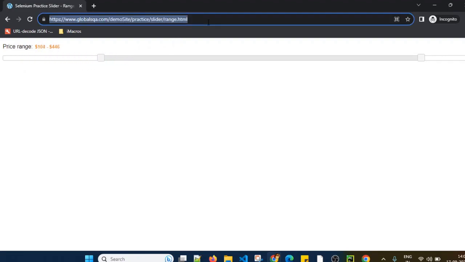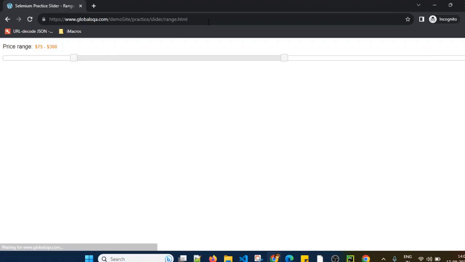As soon as the page loads, the sliders are present at some certain position. The minimum slider is present at some position and the maximum slider is present at a certain location. The location is basically x and y coordinates.